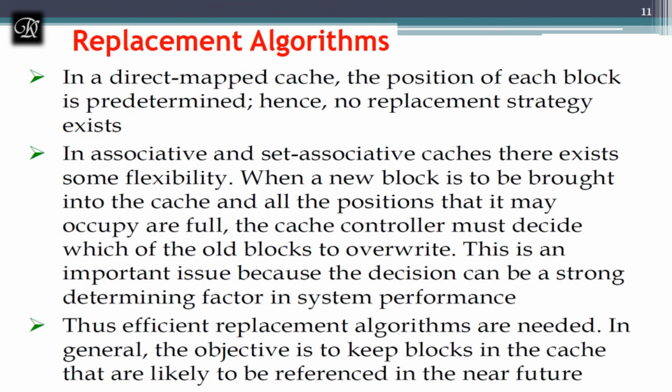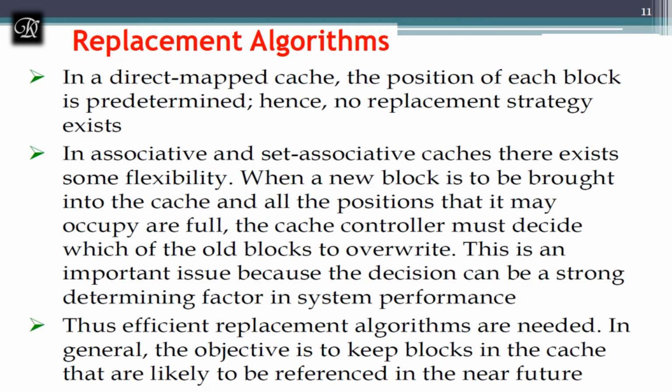Direct mapping, as I said, does not require a replacement algorithm, because direct mapping works on the principle of modulus. If I take the number of word lines in the cache, say 10, and I'm getting some word number, I take the word number modulus the number of blocks in the cache. It gives some number, and based on that number it replaces. There is no other strategy over it, it just goes with the modulus operation. That's why it is not flexible.